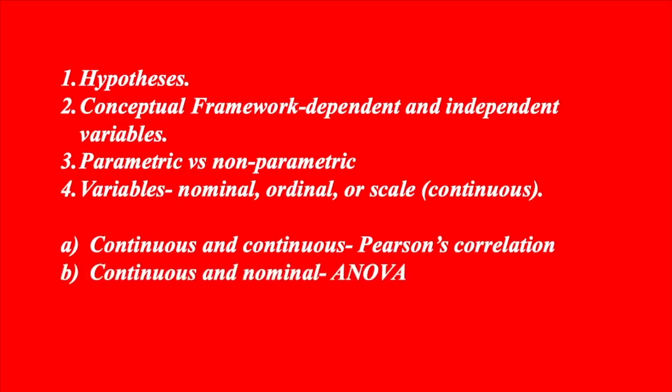Now, if you have one continuous variable and a nominal variable on the other side, you could perform an ANOVA or a t-test. Let's take the example of marital status and depression score. If you have the marital status of the respondents, let's say you have at least three categories: married, unmarried, and then divorced or separated. You may even have four categories: unmarried, married, divorced, and then another one called separated. So that is a nominal variable. On the other side, you have the continuous variable, which is the depression score. So you want to test that nominal variable against that continuous variable. In that case, you can